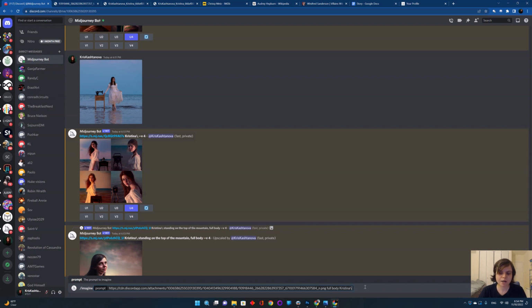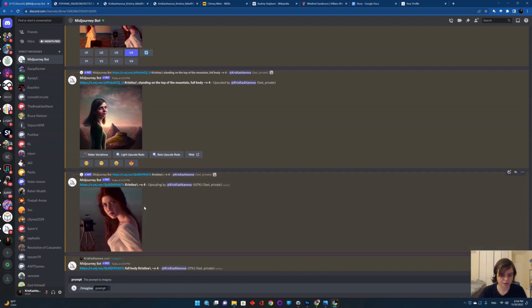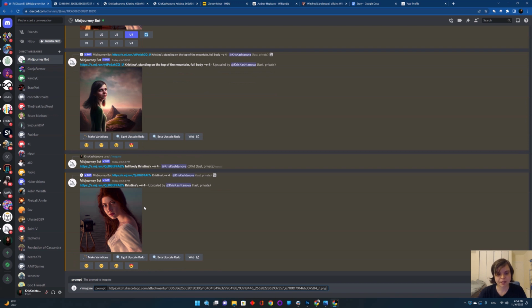You can also write something that specifies where the character stands, like on the ground, or which shoes the character wears, because in that case AI will have to render the character. So for example, I would say Christina is standing in the middle of the sea wearing a white dress,